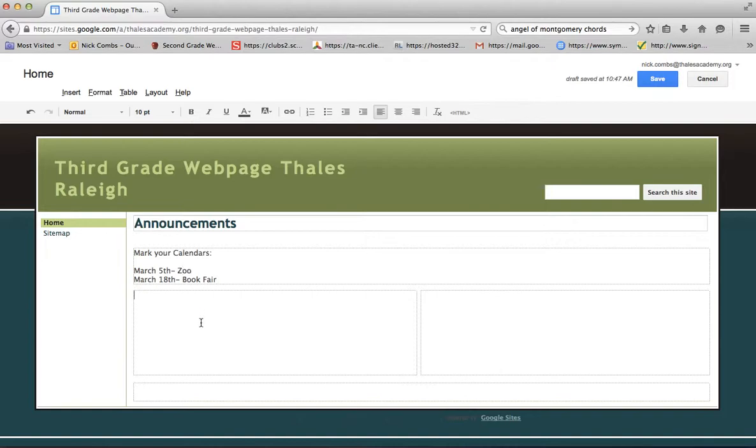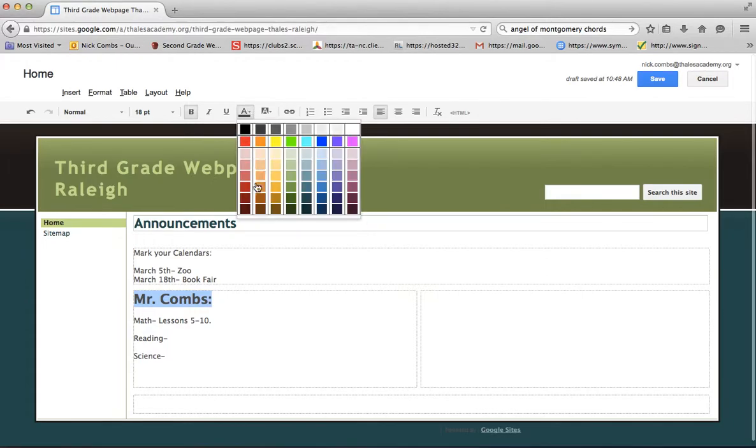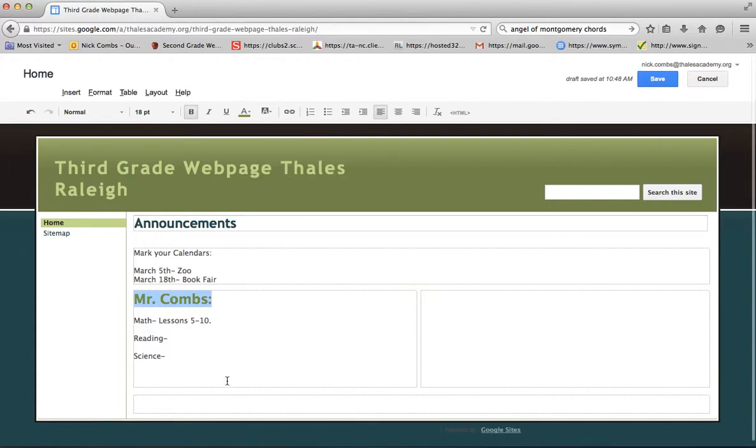And then below that, maybe you're going to tell about your assignments for the week. So maybe in math, you're going to do lessons 5 through 10. And you can give more information, some math, reading, science, and you're going to actually have all this information, and then whoever else in your grade level, if you share this page, can also be on here. So Mr. Combs, maybe will make his name bold and a little bit bigger so it stands out, and maybe we'll change it to green, and maybe I'll have another teacher in here like Miss Knox,